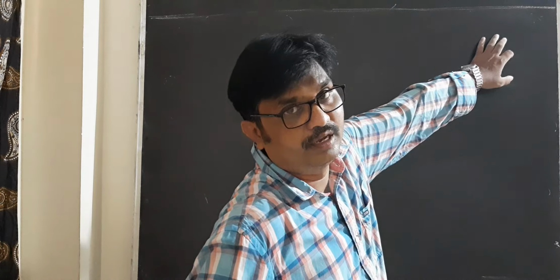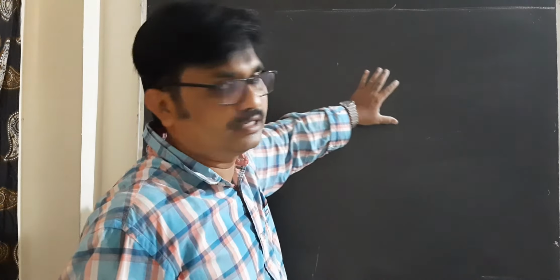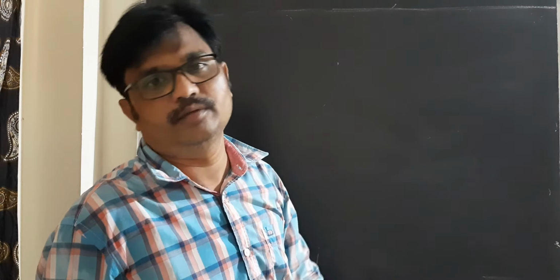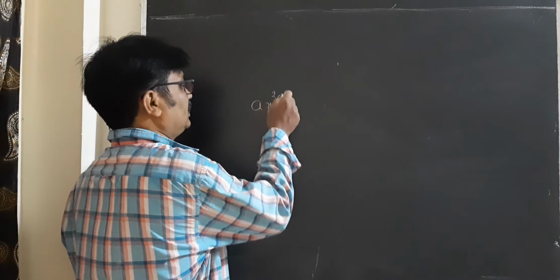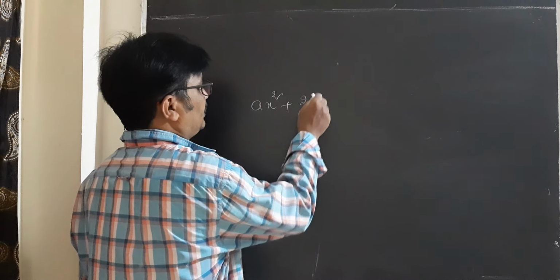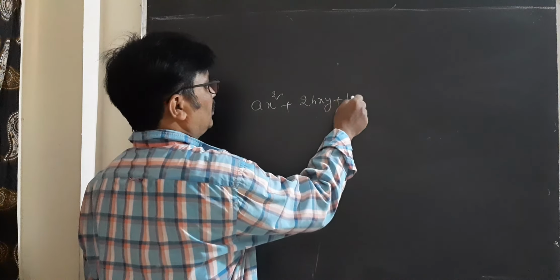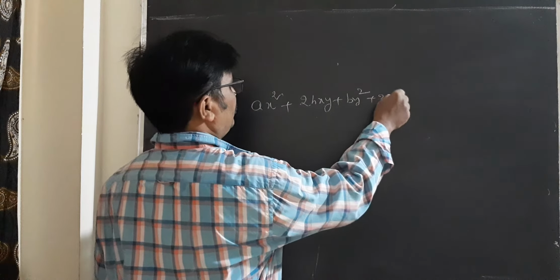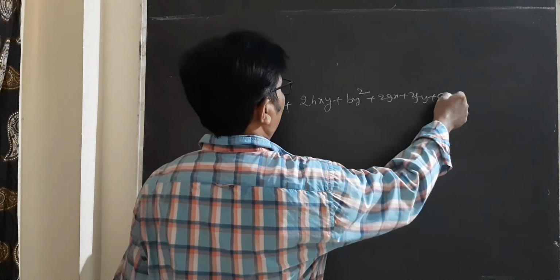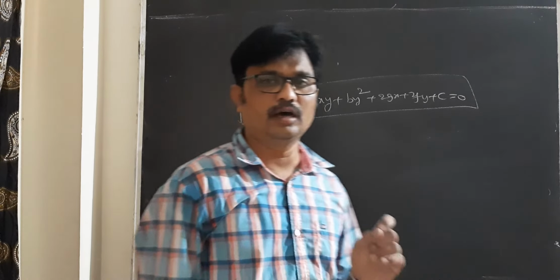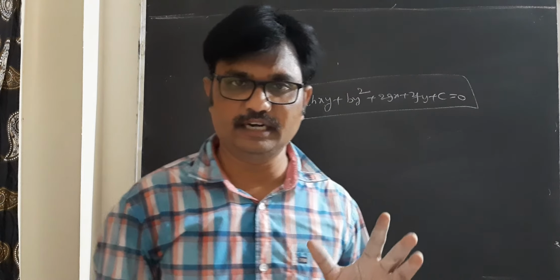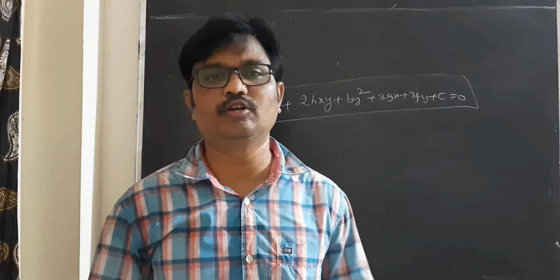Then we got the value of vertex C, that is x comma y. So students, we completed the 5 theorems in the homogeneous part. In the pair of lines, the non-homogeneous part is there. The non-homogeneous second degree equation is ax square plus 2hxy plus by square plus 2gx plus c equal to 0. This is called the second degree non-homogeneous equation in x and y. Okay students, that is the non-homogeneous part.